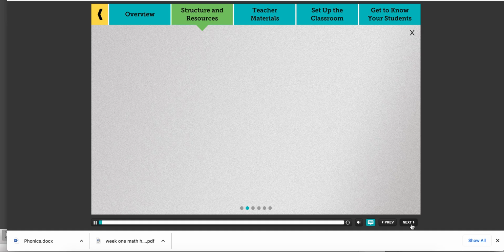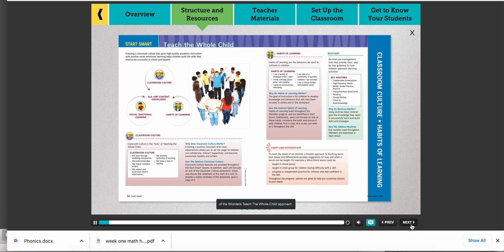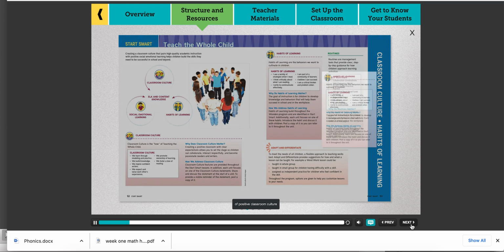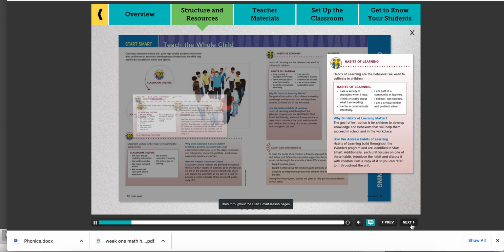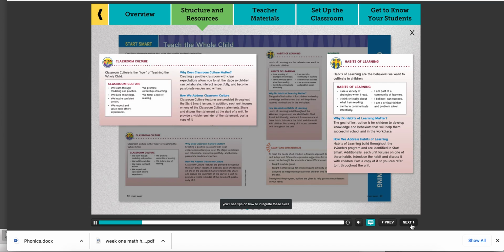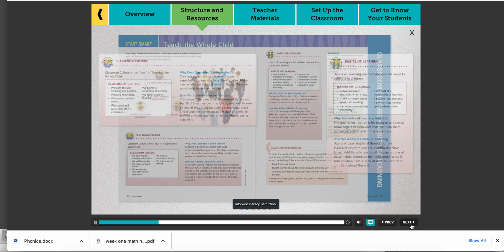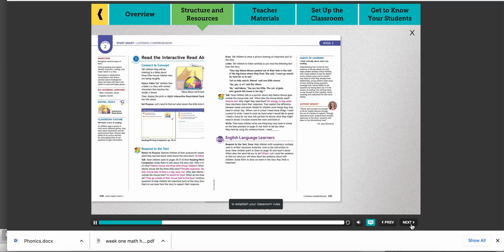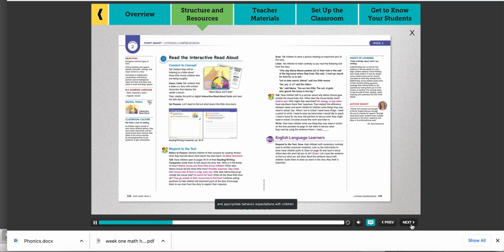Start Smart opens with an overview of the Wonders Teach the Whole Child approach. Here, you can learn how Wonders supports the development of positive classroom culture and habits of learning. Then, throughout the Start Smart lesson pages, you'll see tips on how to integrate these skills into your literacy instruction. The Start Smart weeks are a perfect time to establish your classroom rules and appropriate behavior expectations with children. As part of Teach the Whole Child, you'll also have pages that introduce